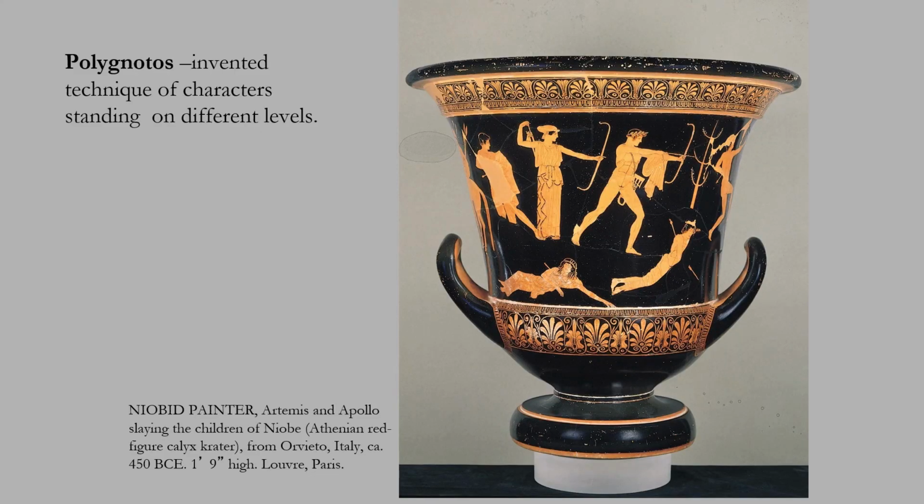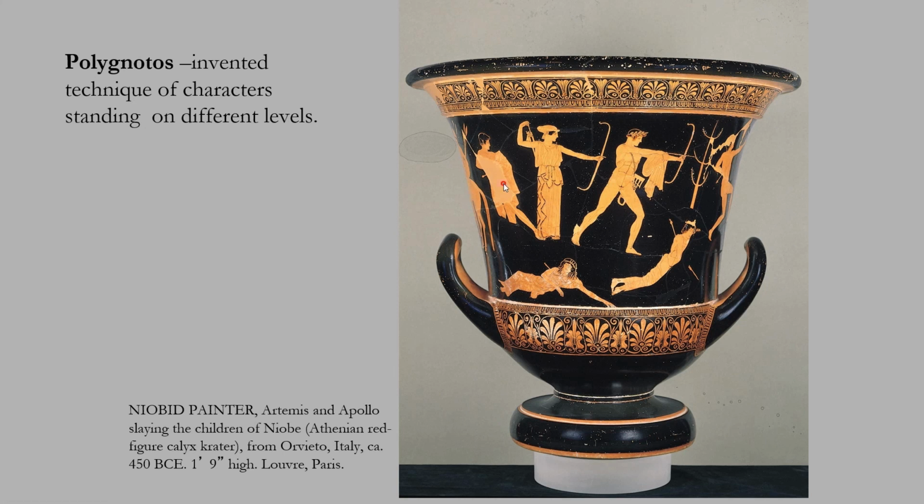There was a panel painter, a guy named Polygnotos, who came up with this technique of putting his characters standing in different levels, so they're not all just standing on one ground line. So if you see in this image here, which is an image of a massacre, basically, Apollo and Artemis, these two gods, are slaughtering these children. Look it up. It's a very interesting myth. We're not going to get into it here, but